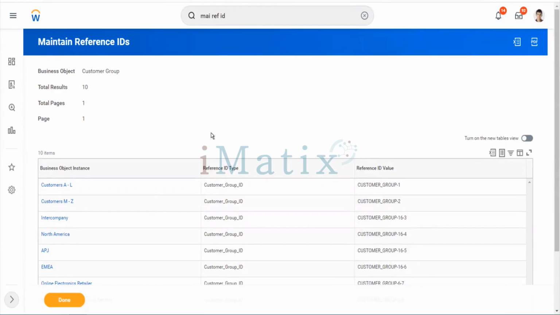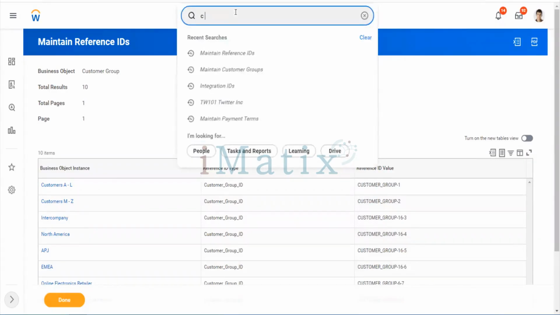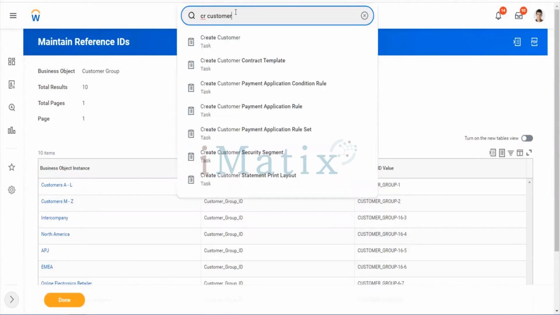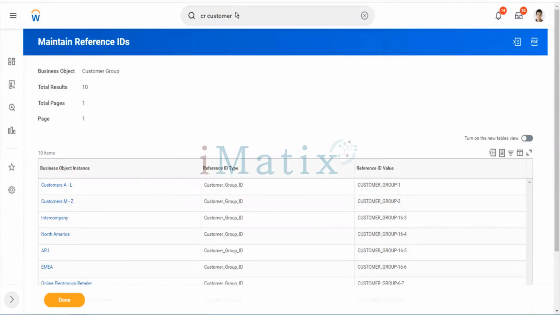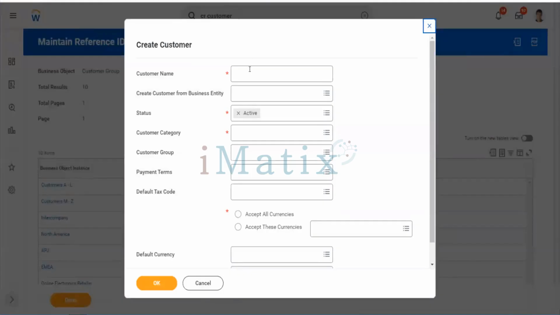Now we'll set up the customer. Setting up a customer is very easy. We'll say create customer. Easy. And whatever values we have configured, we'll use all of them. Let's say create customer. Tesla car.